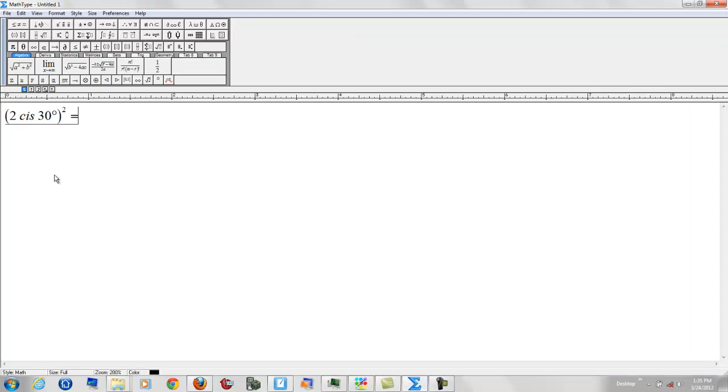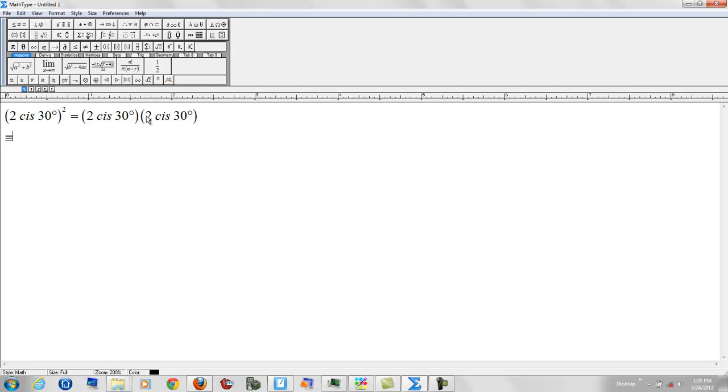So let's begin by trying to find 2 cis 30 degrees squared. 2 cis 30 degrees is complex polar form, and that's what we're going to be dealing with. So 2 cis 30 squared is simply 2 cis 30 degrees times 2 cis 30 degrees. And when we do that, we get